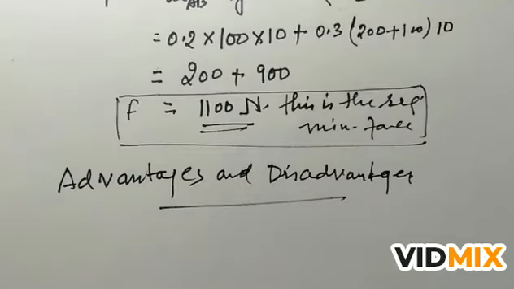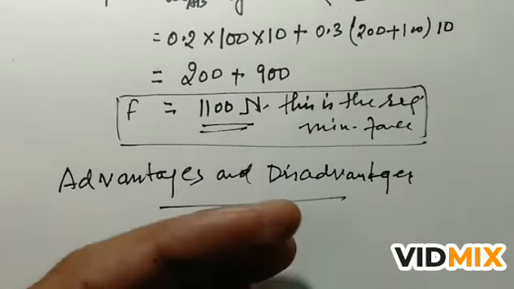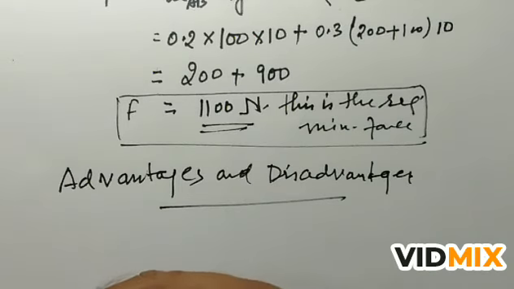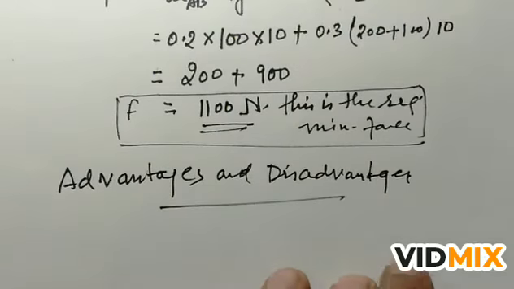We can increase the friction by throwing some sand on slippery ground. Sometimes you see that the ground is slippery due to some oil or ice on the ground. There they throw some sand or anything which increases the friction. In the manufacturing of tires, synthetic rubber is preferred because its coefficient of friction with the road is larger. So we use a synthetic tire made of synthetic rubber, which has a higher coefficient of friction with the road. That's why we are using the synthetic tire.